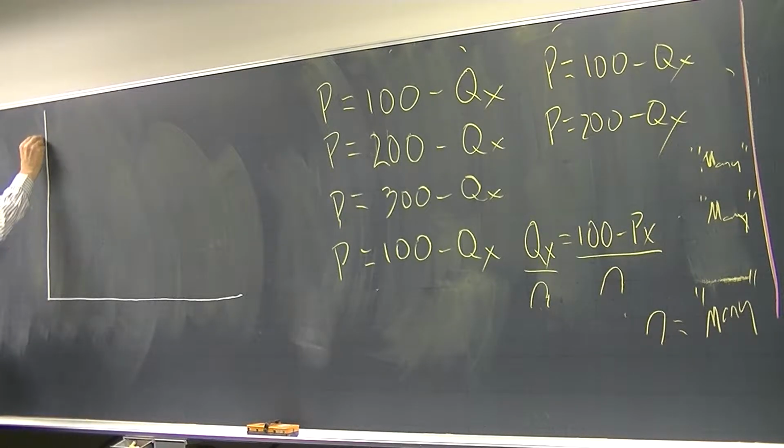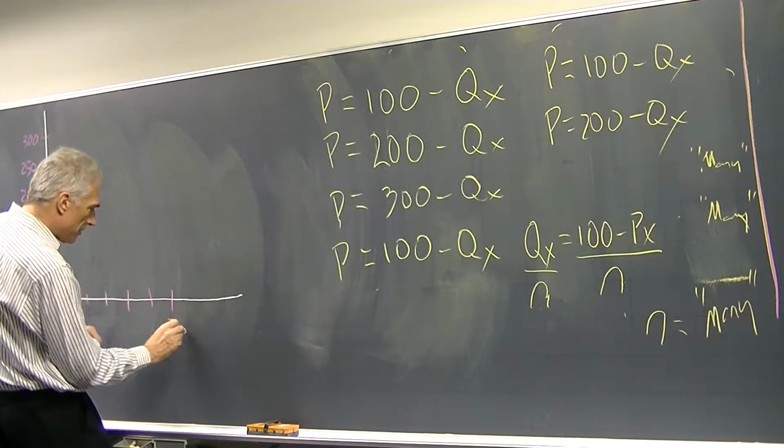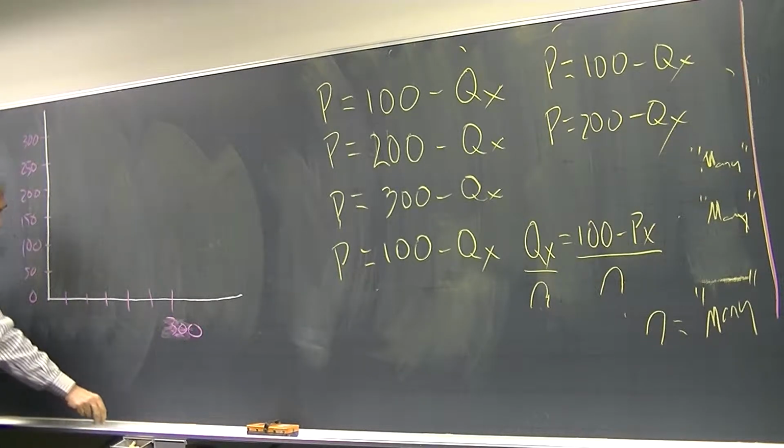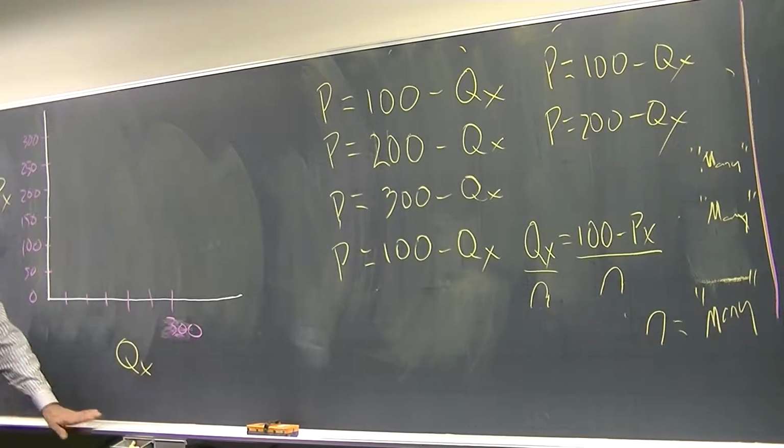300. 1, 2, 3, 4, 5, 6. So that's 50, 250, 200, 150, 100, 50, 0. Okay. 50, 150, 200, 250, 300. Okay, all right, 300. Okay, PX, QX. Good. All right, now we've got our,